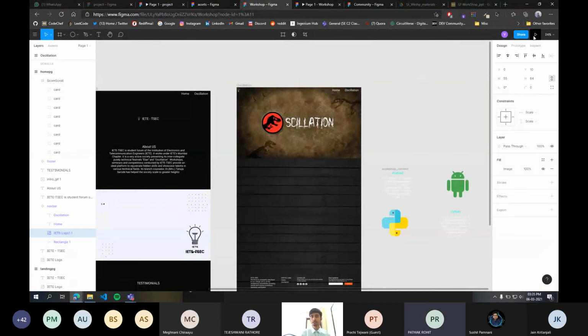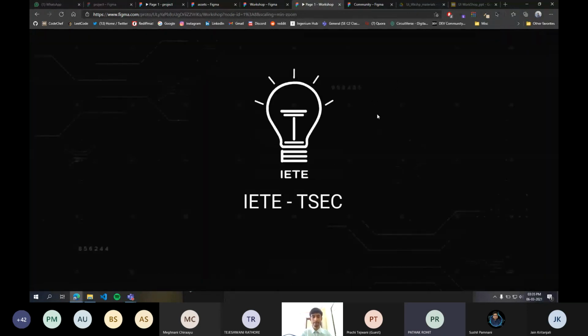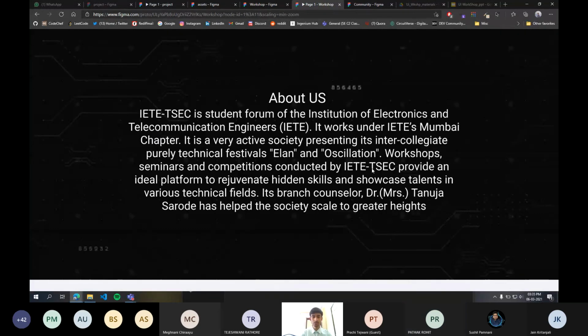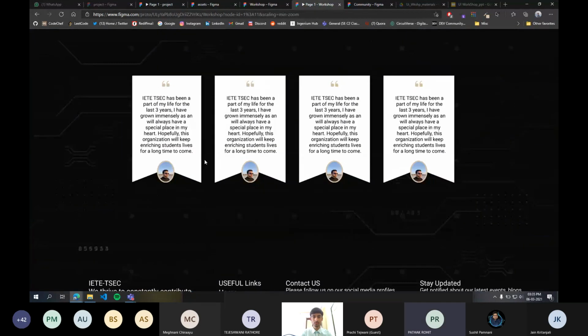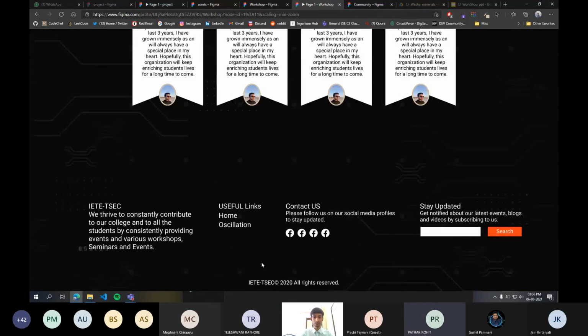Now let us just present this once. Okay, so this is our landing page. The transition also works. The GIFs also work. This scroll effect also works. This hover effect also works.